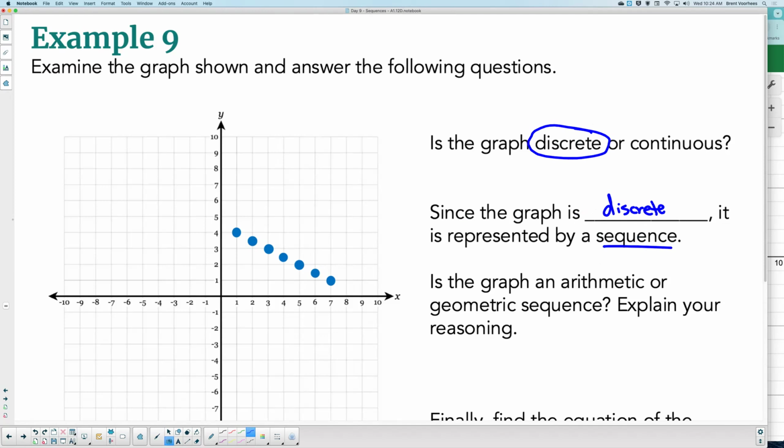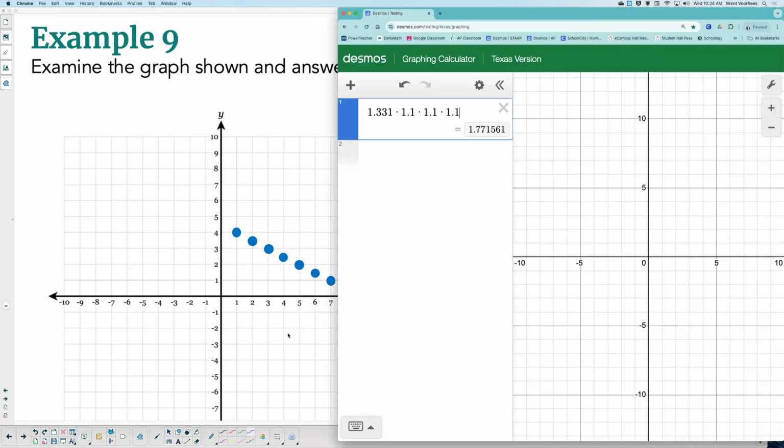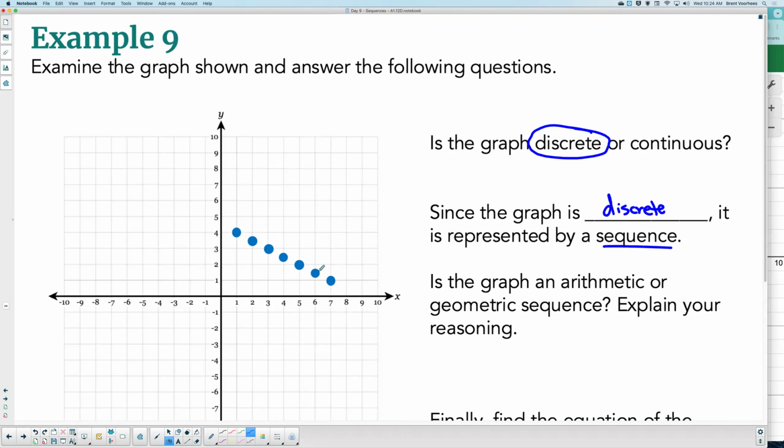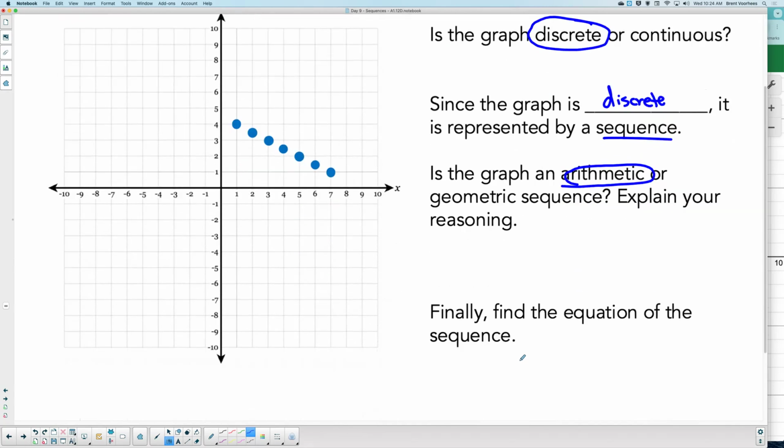Arithmetic and geometric. Okay, now, how do you know which one it is? When you look at the picture, does it look like a line or a curve? Hey, I need everybody looking. Does it look like a line or a curve? A line. Arithmetic looks linear, and so you would say it's an arithmetic sequence